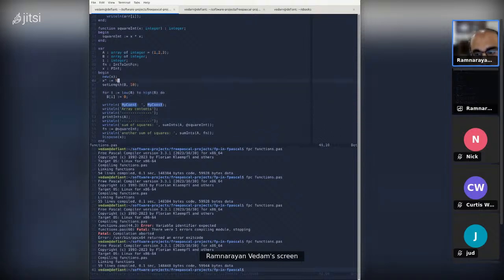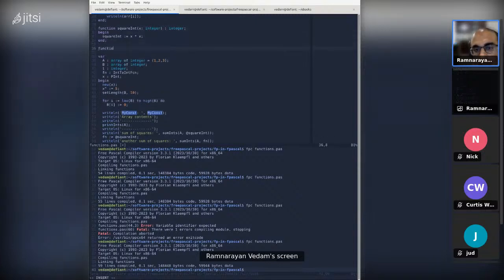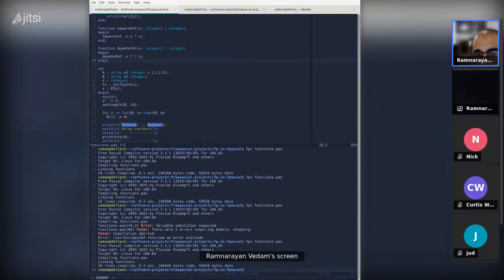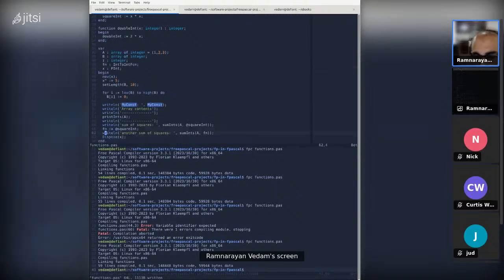So if I, for example, decided instead of squaring an int to create a function called double int that takes an integer and returns an integer, and then we say begin, double int equals 2 times x, now I can simply reassign this to double int.